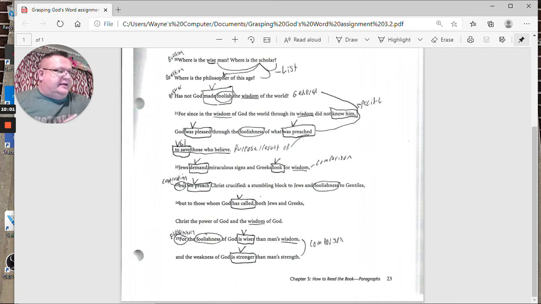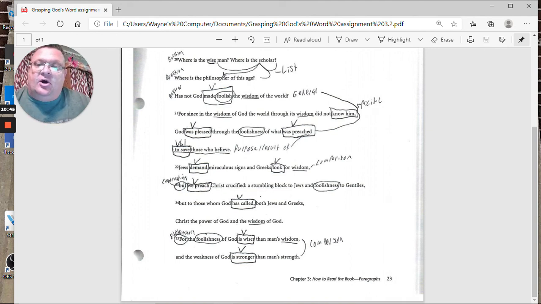Now, I think next week, in chapter 4, we're going to talk about discourse. There we'll be going into longer paragraphs, sometimes even chapters when you start getting into narrative. Narrative or storytelling, the historical books, whether it be the Pentateuch, the book of Acts, the Gospels, all of that is discourse. We will get into some of those things, talking about story as far as the plot and different things like that. So again, we'll get into more of that next week. I'll do a short little tutorial on that as well.